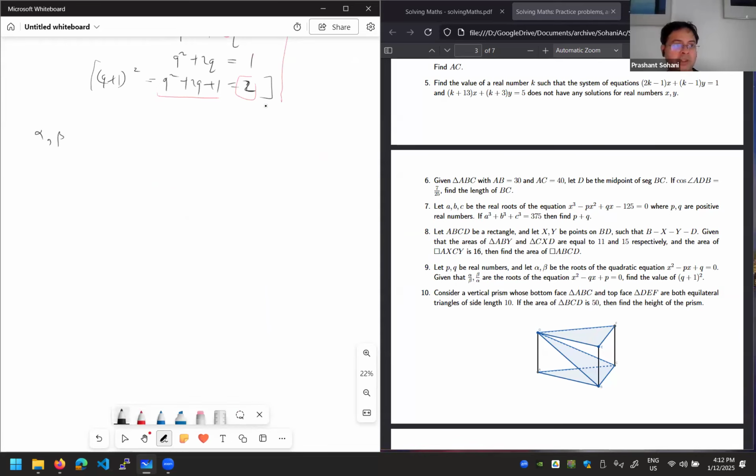Let's say alpha beta are the roots of this equation, and I will exchange these q and p, and now I will say let's say the roots are